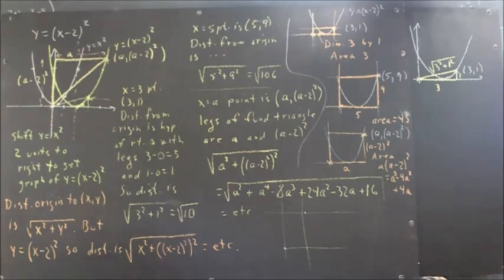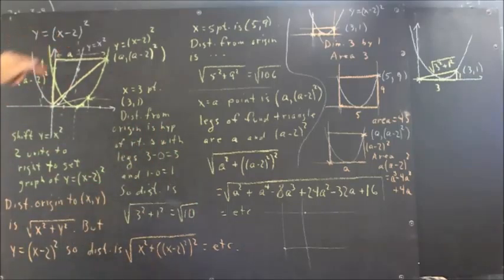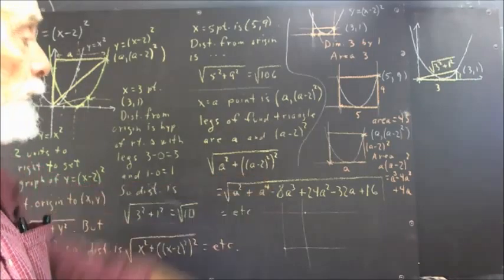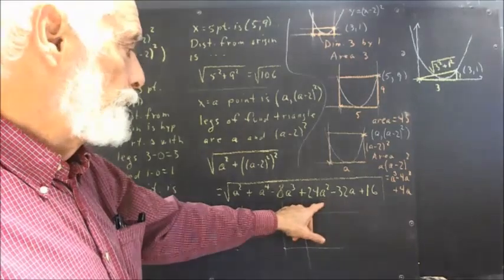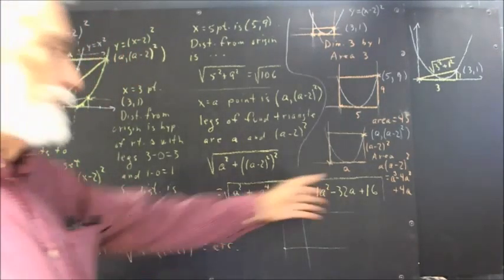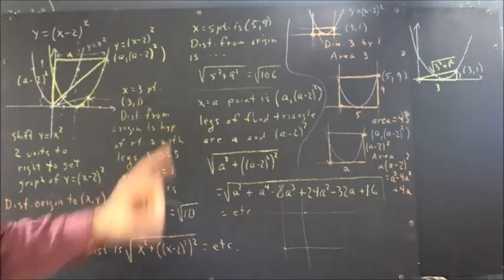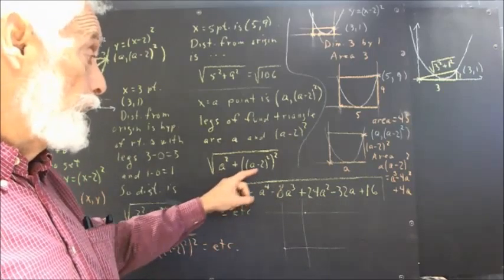Then it's very straightforward to write down the distance. This squared plus this squared, square root of. So here it is, and here's an expansion. Now the a squared would combine with the 24a squared to give you 25a squared. And I did all this in my head, and there were a couple of operations there, and my head ain't working that well today. So check me on that, make sure that really is the way the a minus 2